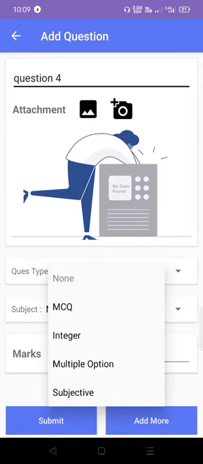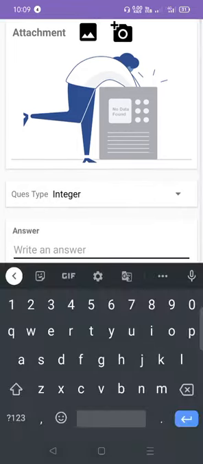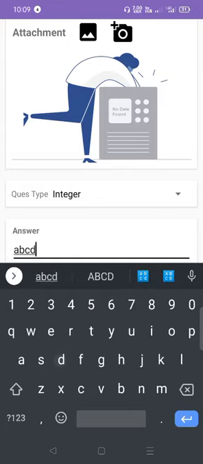And I will show you these 4 types. MCQ means the student has to select one option. Integer means there is an exact match. Like if I answer 2 and the student wrote answer 2, that is okay. But if I wrote the answer here as a, b, c, d in small letters, then only small a, b, c, d will be the right answer.